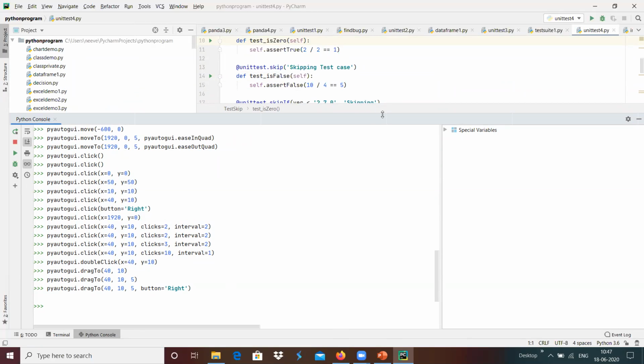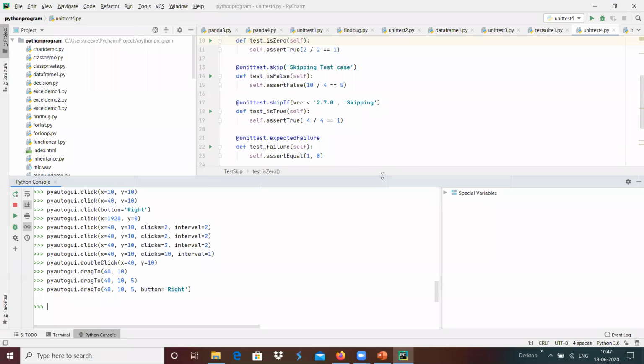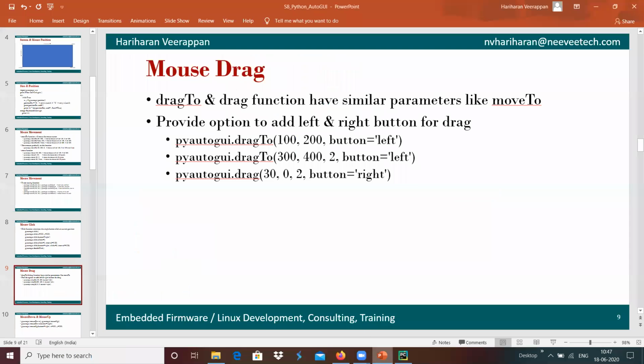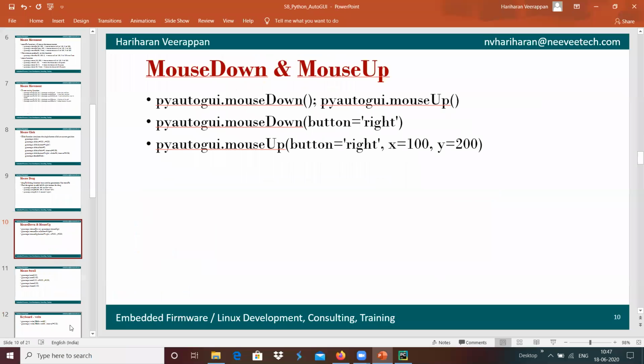This is basically used to validate test automations. Another one is the mouse down event and up event. We generate the mouse down, then move the cursor and make it mouse up, and similar events will be generated.